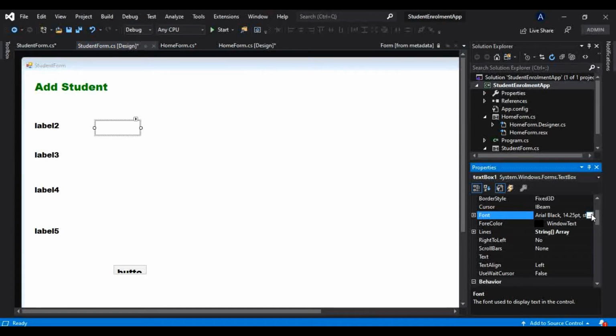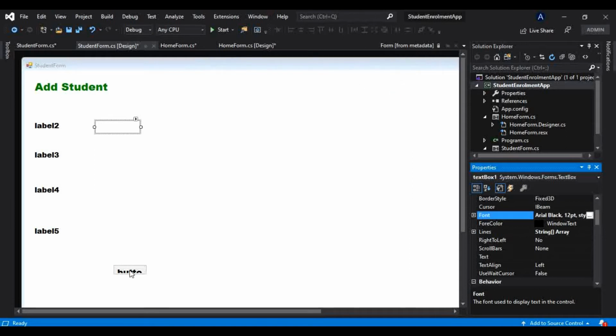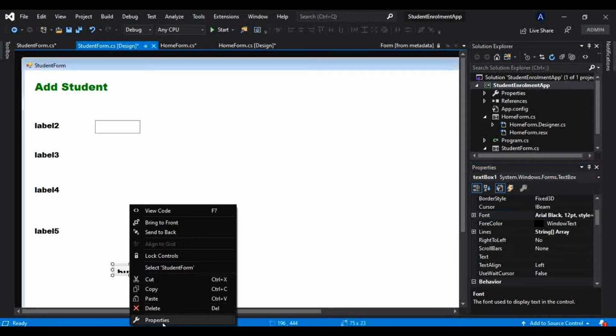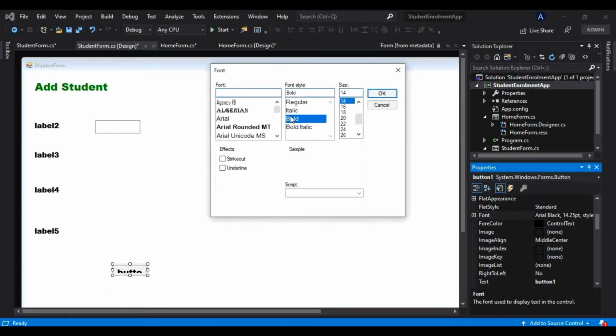I don't want this as 40, that is 14. Arial black, I want that as 12. Okay, and let me change this button's font as well from here. So I want that also Arial black, and font as 12.